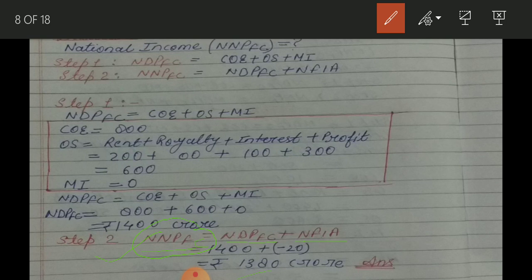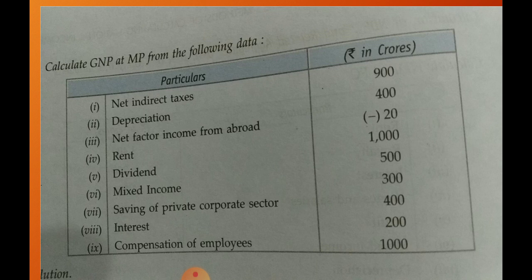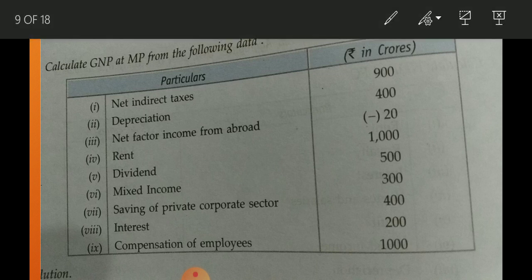Now we are going to attempt the next question. In this question you have to calculate GNP at MP, that is, gross national product at market price. First of all, when we use the formula of the income method, we always get